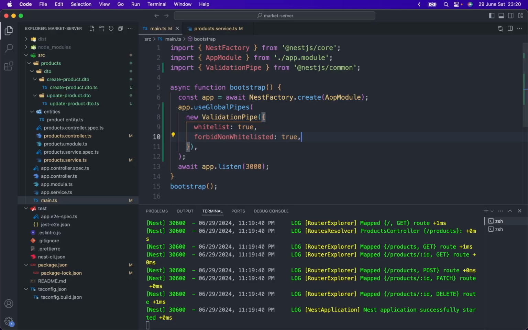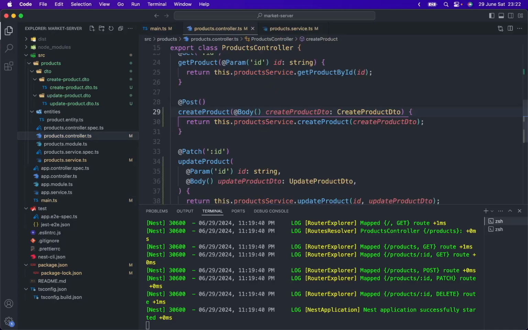Okay, now let's talk about another feature of the validation pipe: automatically transforming payloads into DTO instances and handling type conversions. Payloads coming in over the network are plain JavaScript objects. The validation pipe can automatically transform payloads to be objects according to their DTO classes. First, let's make a test. Let's go to our product controller